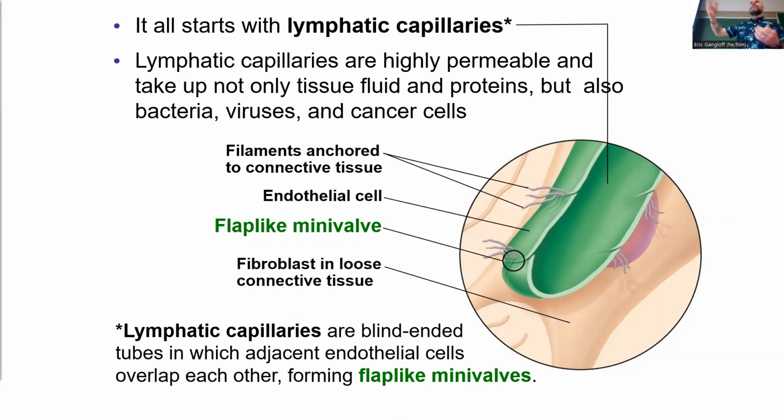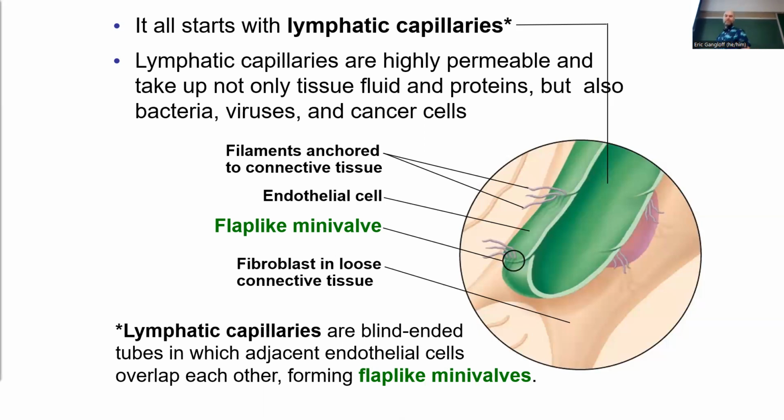Where does all this lymph eventually end up? Blood. Yeah, it dumps it back into your bloodstream eventually, right? But it all starts here at the lymphatic capillary, and they have these mini valves that are little flaps, so that basically liquid can go in if pressure is greater on the outside than the inside. But once they fill up, the pressure on the inside would push out and close that valve, so it makes it a one-way flow. So they can essentially suck up liquids and other molecules without then releasing those back into